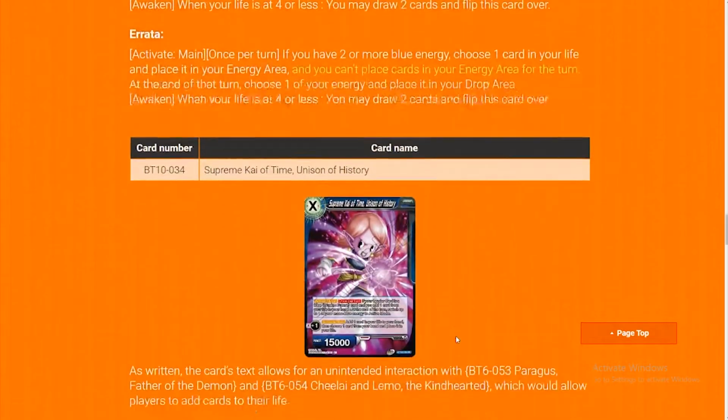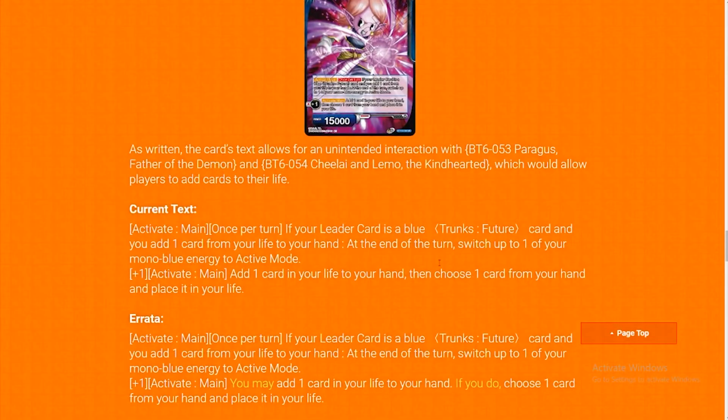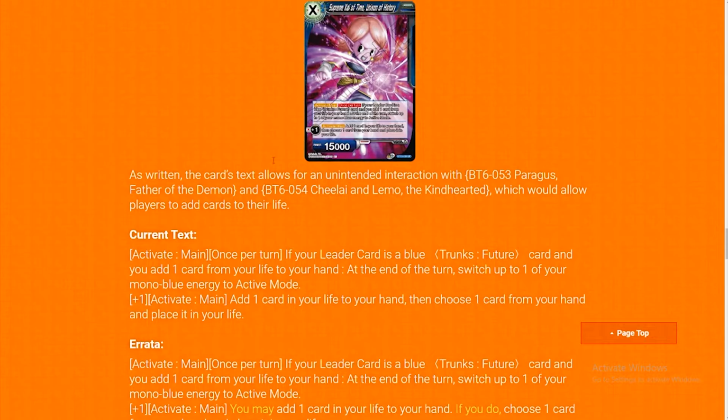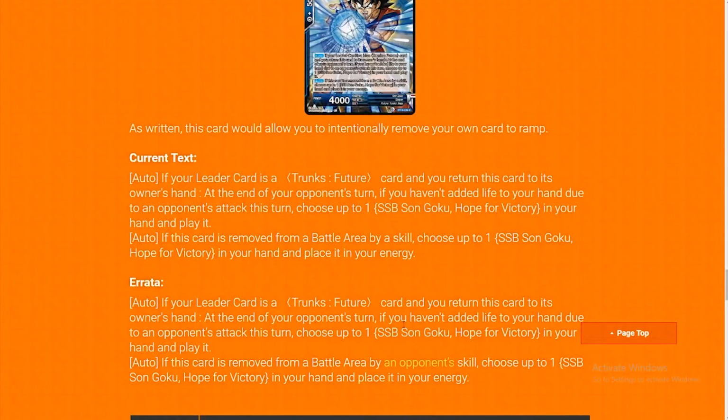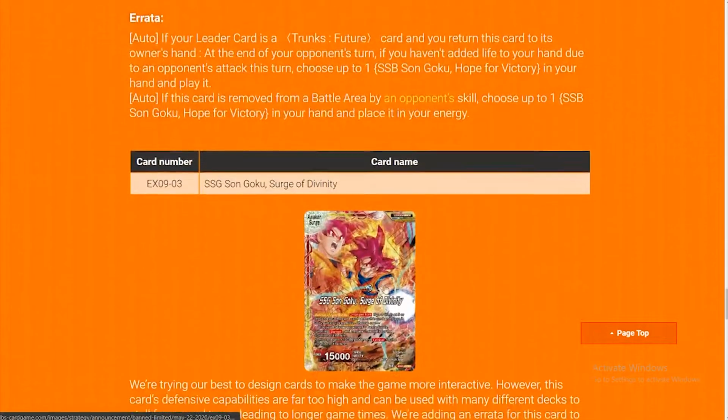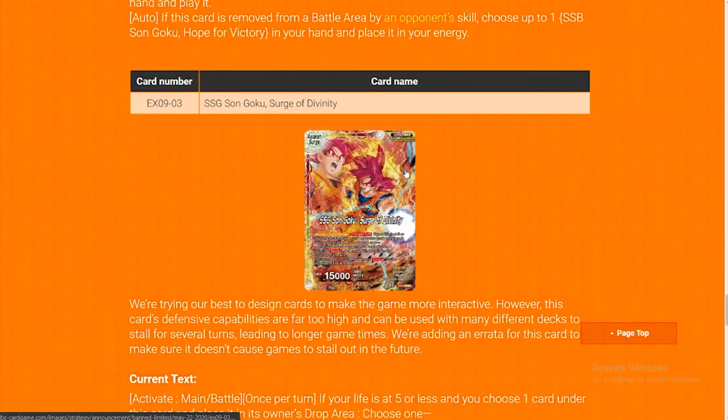Then we got Spring Kai Time. They fixed the loop to where you can't get infinite life, basically. They errated it. Son Goku, Warrior That Crossed Time, it just said buy a skill, and now it switched to buy an opponent's skill. Then we got, so this is a big one, Super Saiyan God Son Goku Surge of